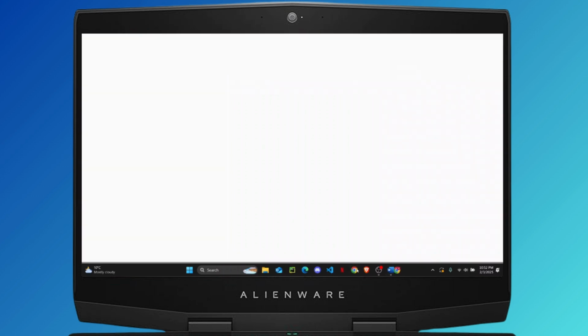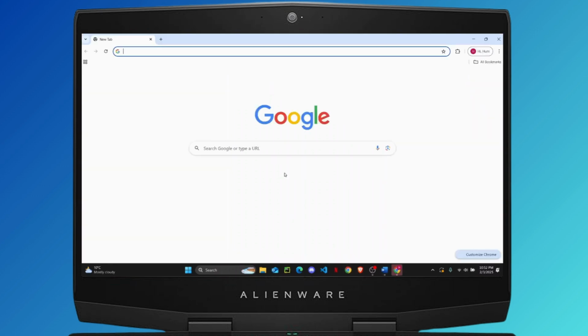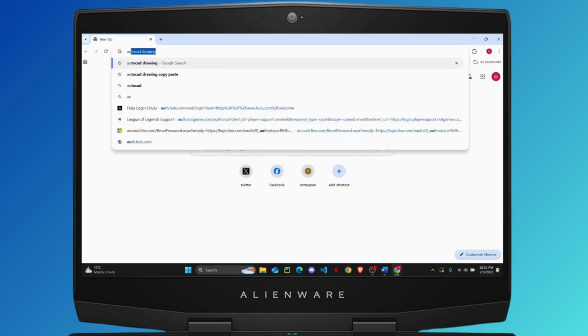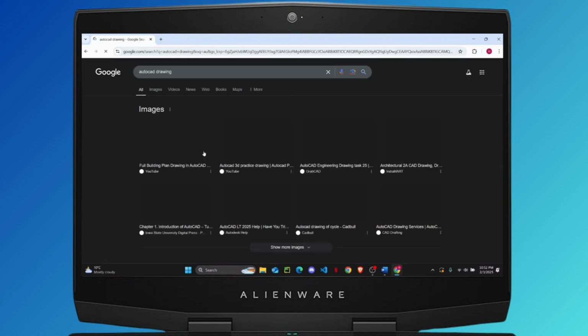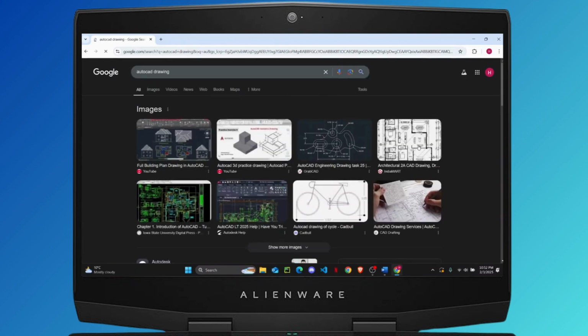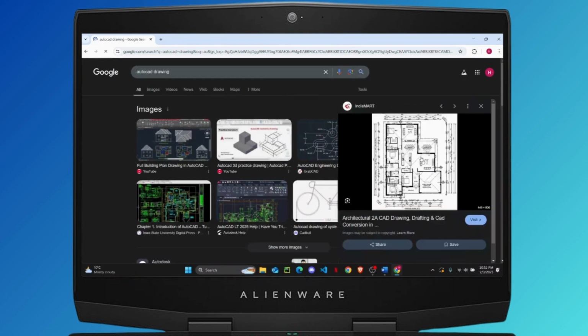So if you are looking to go ahead and copy the drawings from your AutoCAD and paste it on Microsoft Word for documentation, this is how you do it. The first thing you need to do is copy your AutoCAD drawing. So go to your application and then simply you can just copy any drawing. So for example, I'm just gonna copy this image for now, but you can copy your entire drawing from AutoCAD's